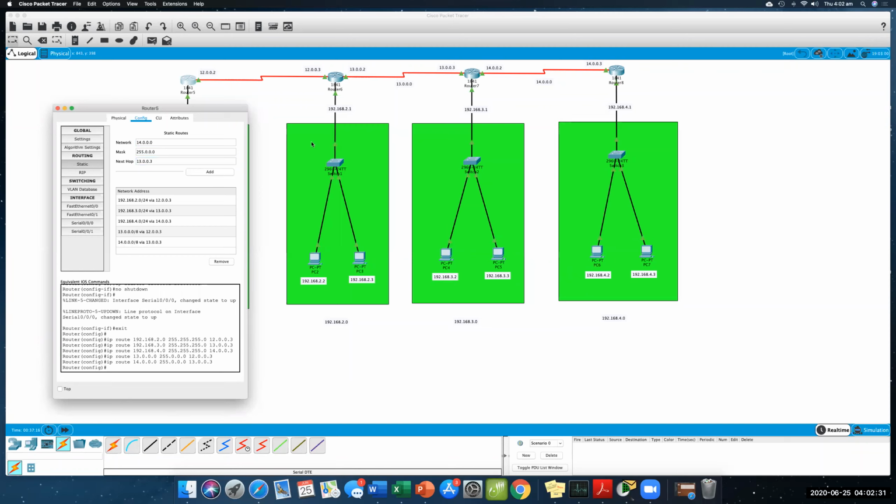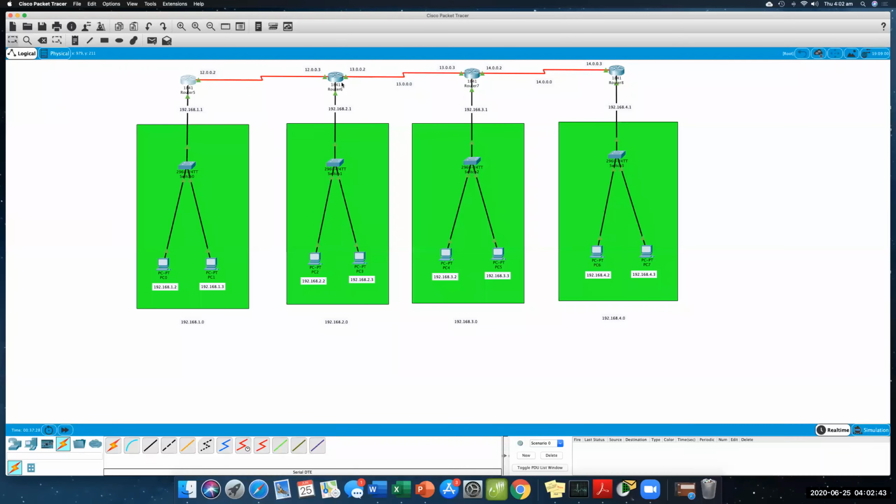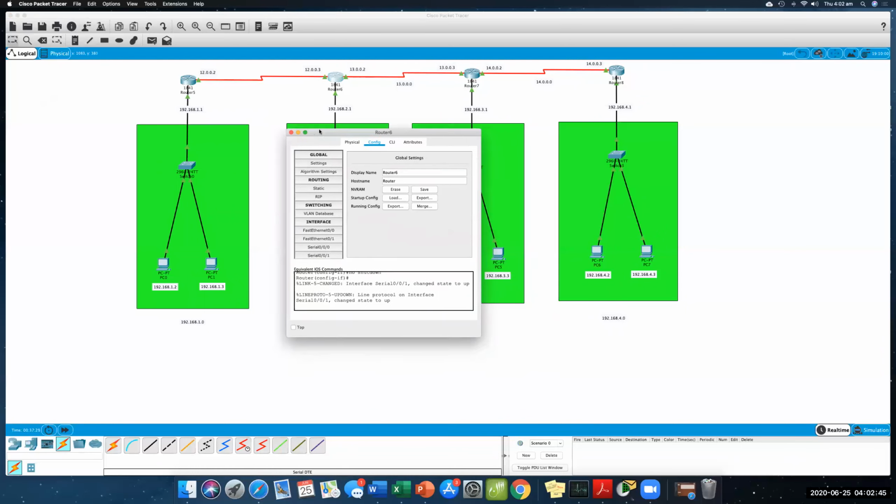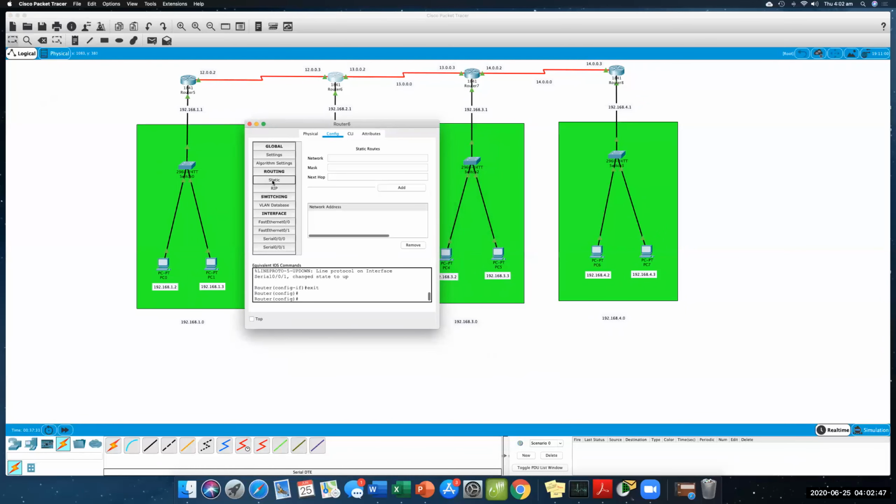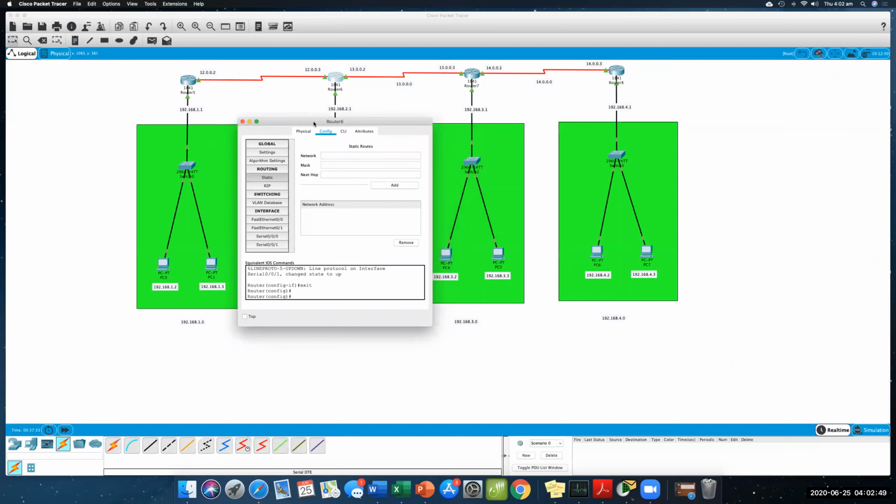The next thing we will do is for the second network. That's going to be our next task. Let's do it for the second network. Now let's just close this one. Click on the router. Click on static. And now imagine you are sitting in this network and you want to communicate with this network. So first of all, you will type